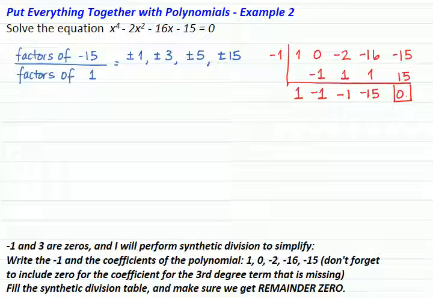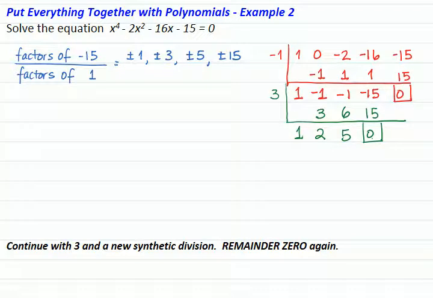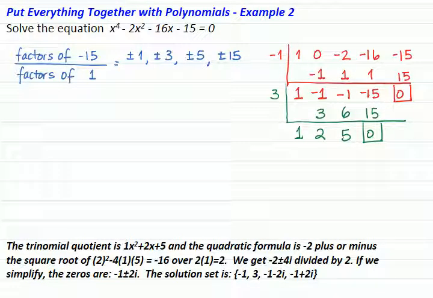This is to verify that negative 1 is indeed a zero. Continue with 3 and perform a second synthetic division. Make sure again that the remainder is 0: drop the 1, multiply, add, multiply, add, multiply, and yes, indeed, the remainder is 0. The trinomial quotient is 1x squared plus 2x plus 5, and I will find its zeros